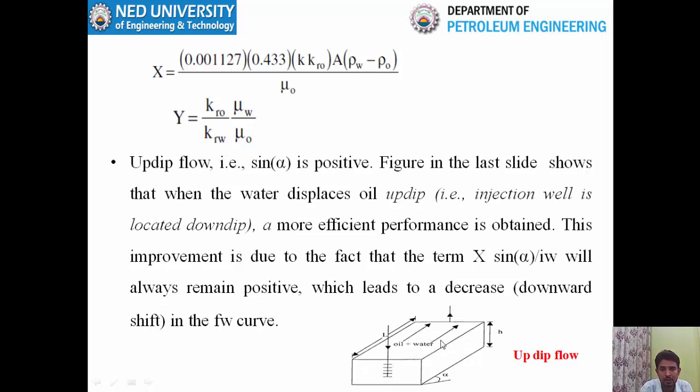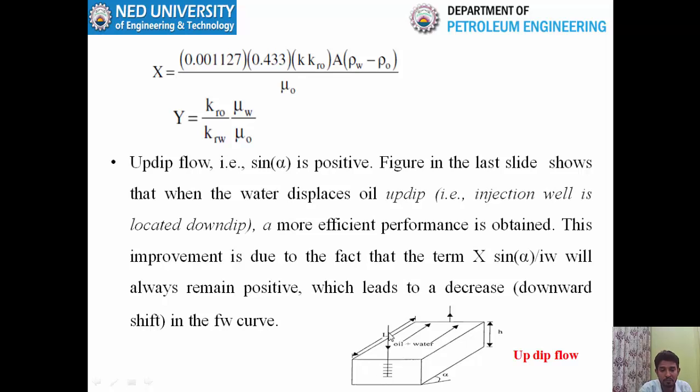So this is called the up dip flow, when the injection well is located down dip in the reservoir. In this case, you have a more efficient displacement process. Obviously, as we have seen, gravity either assists the production rate or resists the production rate. So when you are injecting water